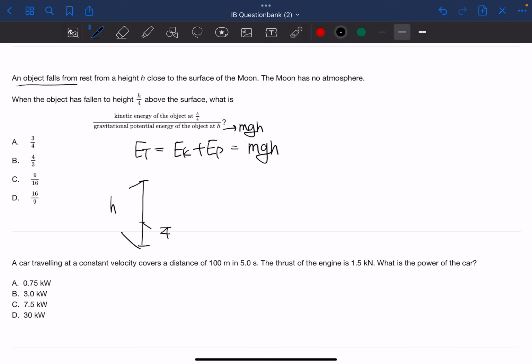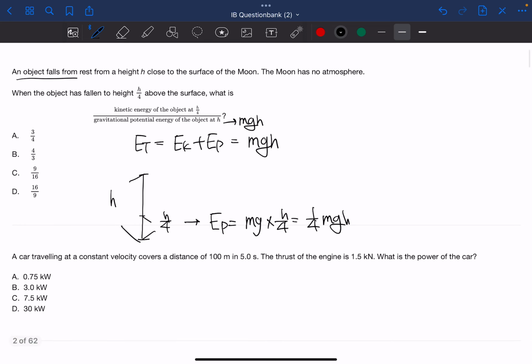here's 1 over 4 h. And at this point, the potential energy would be 1 over 4 mgh at this point. And as the total energy is conserved, at this point the kinetic energy would be E total minus E potential,